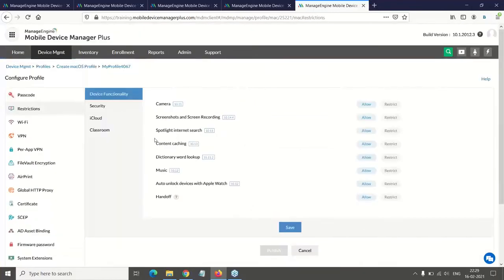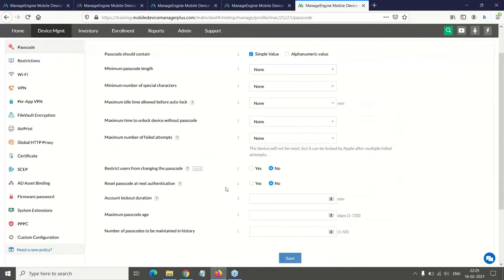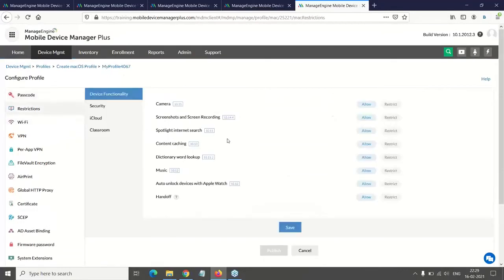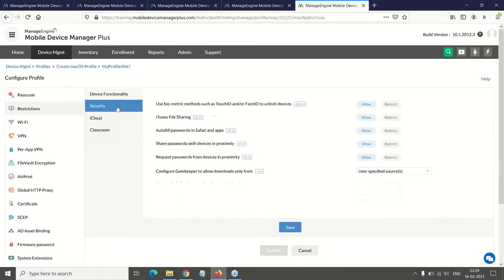The passcode restriction options are all similar to the ones that we have seen earlier for Windows devices. You can configure the criteria with which the end user needs to set a passcode. And then you can configure restrictions like camera or screenshot restrictions, along with restricting the user from accessing the device via any biometric passcodes.